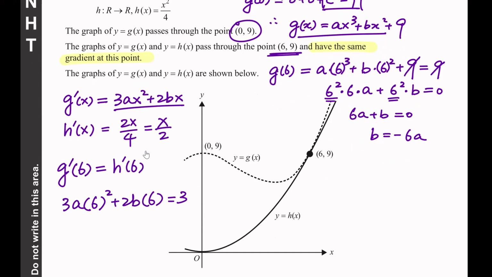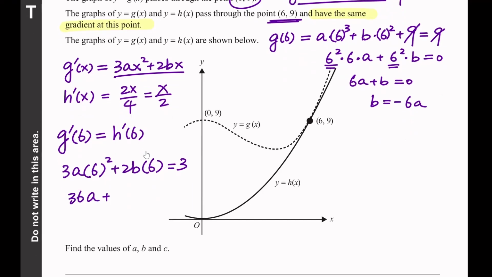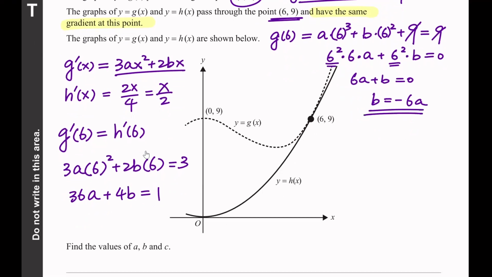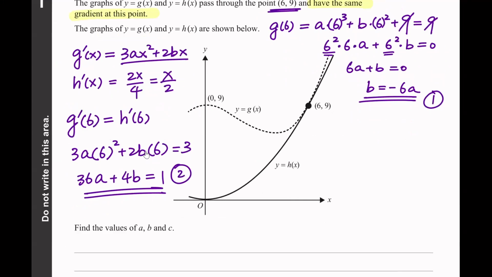For example, you say 36a plus, let's say if I divide everything by 3, that's 2 times 2 is 4, 4b equals 1. And just notice you have another equation here. I'll call this equation 1. This is equation 2. So if you substitute 1 into 2, say